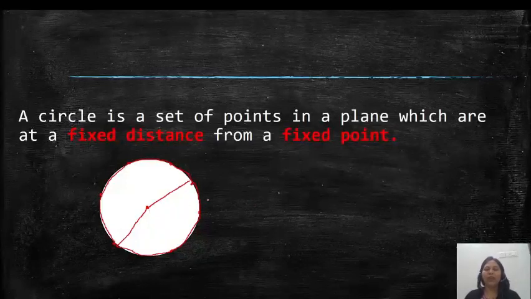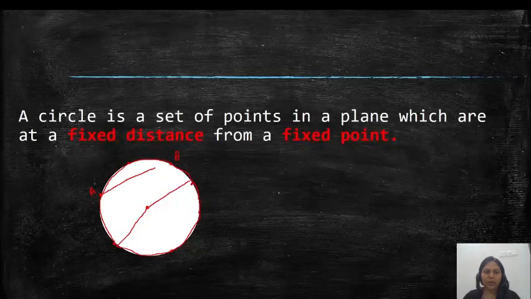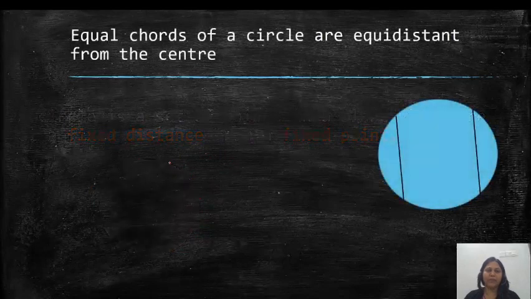Now, one very important thing which I am going to explain, you have to understand before we start the theorem. Suppose there is a point A and a point B on the circle, and we connect these 2 points. The line we get is called a chord. Okay, so a chord is a line which connects 2 points on the circle. Now let us go to our theorem.